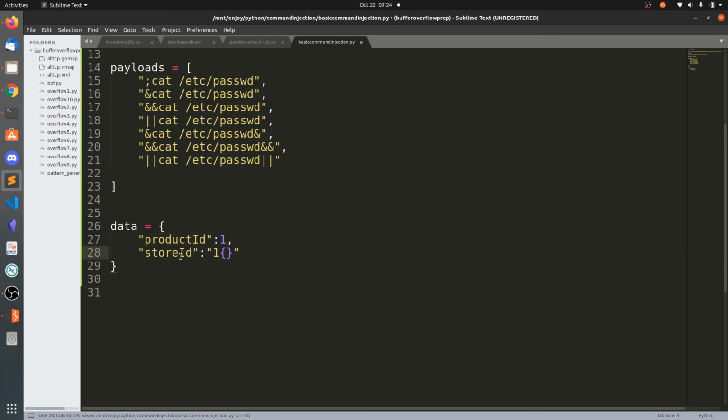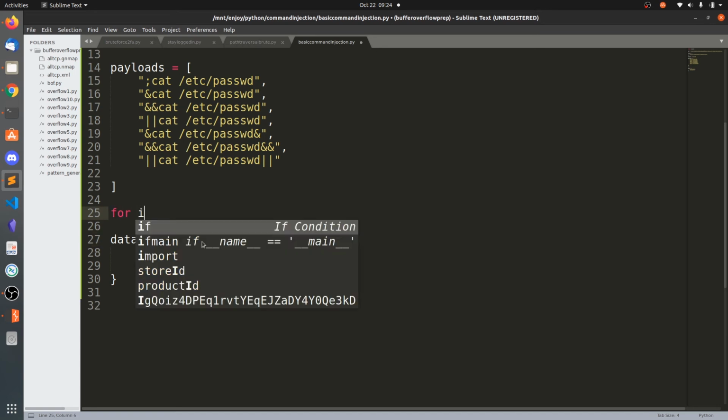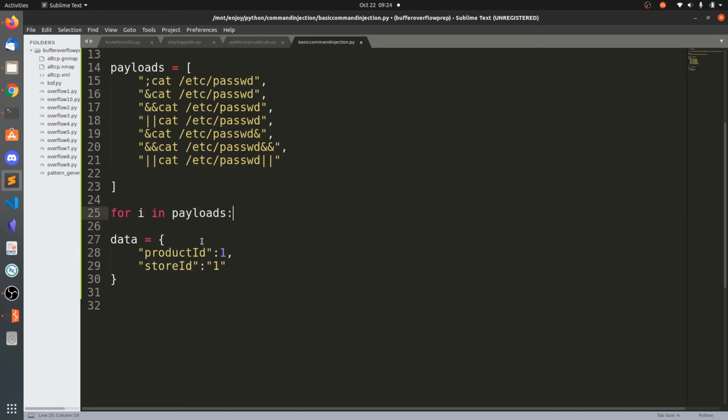After 1 we need to send the payload. Instead of the fixed value, first let's iterate over the payloads. For every payload, we need to insert it after 1, so we can say dot format of i.